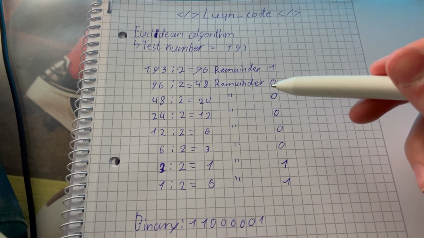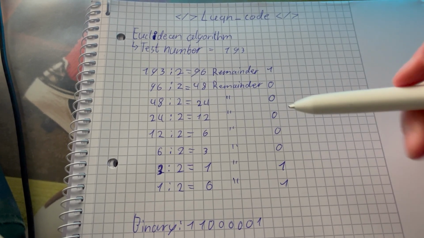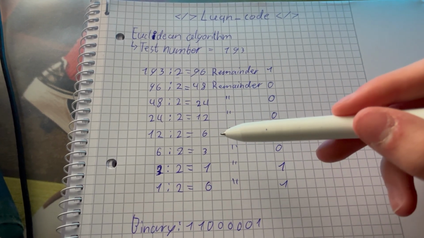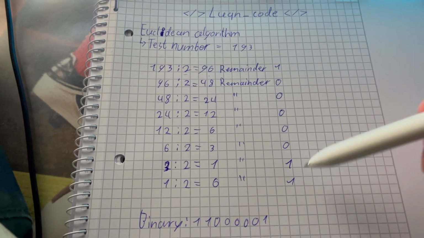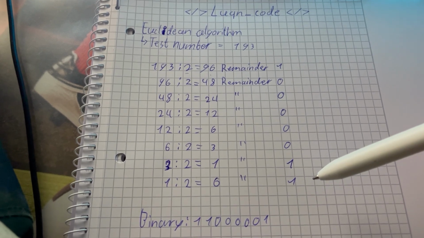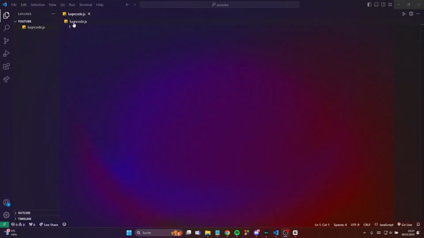Yeah, this was the Euclidean algorithm on paper. I hope you got this whole algorithm, and now we will code this whole process in JavaScript. So back in the editor as usual, we are now going to code the Euclidean algorithm, and let's start. So we will write a function of the Euclid